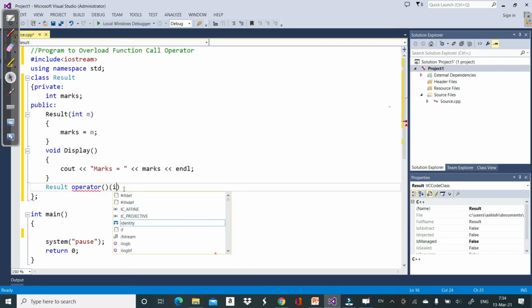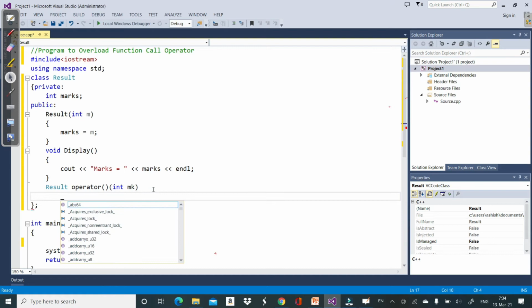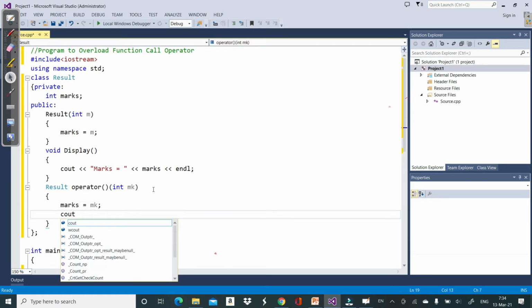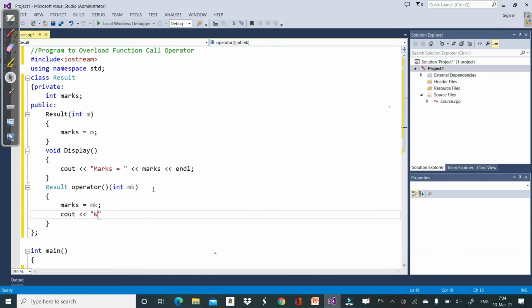Let's say this operator takes one parameter of type integer, let's say mk. Then this marks is going to be mk, and let's write this to check that we are in the operator function.